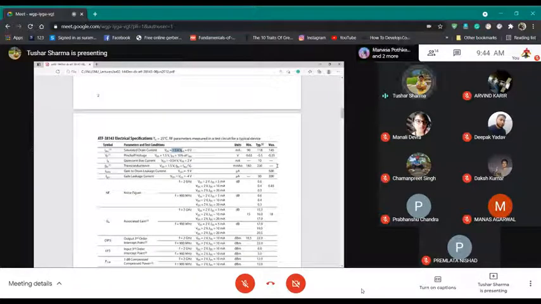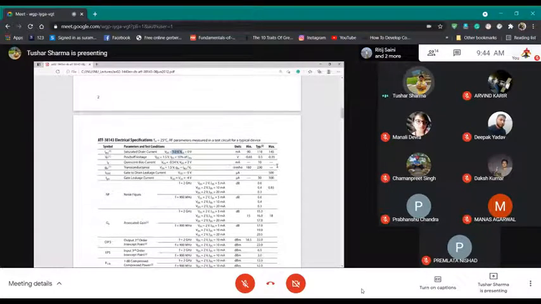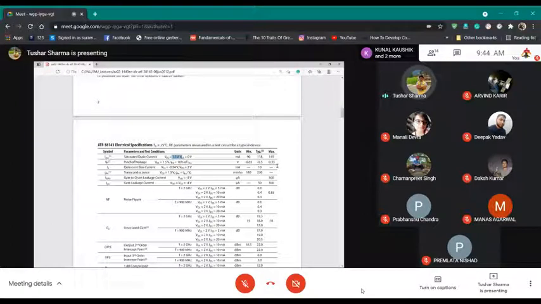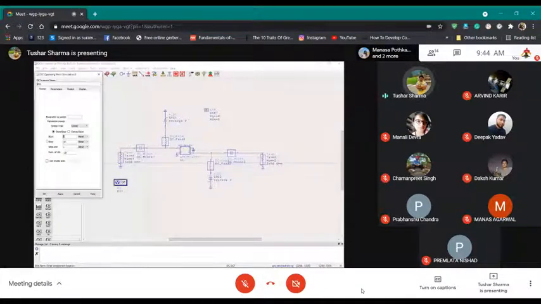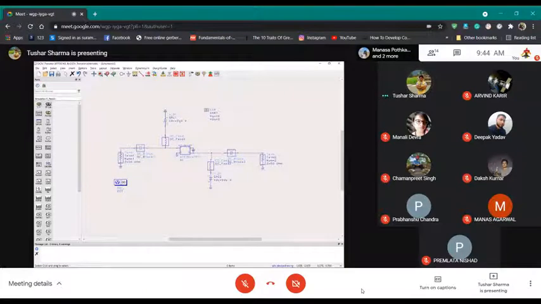You never want to cross those limits. That's the main focus. As we have seen in this case, let's sweep VDS, my drain voltage, from 0 to 4. So I will double click it and go from 0 to 4 volts in step size of 0.1. And what is the parameter to sweep? VDS. Okay, apply. So this is sweeping my drain voltage.